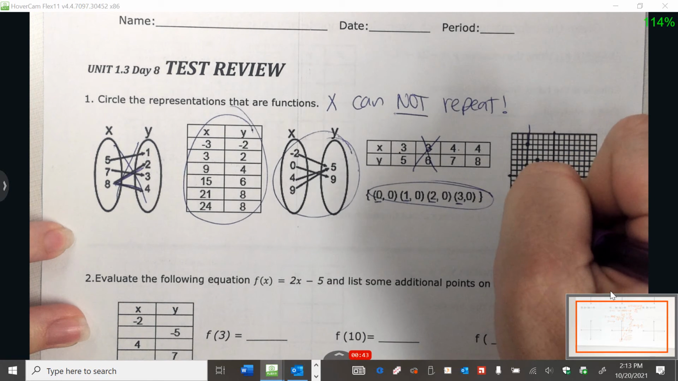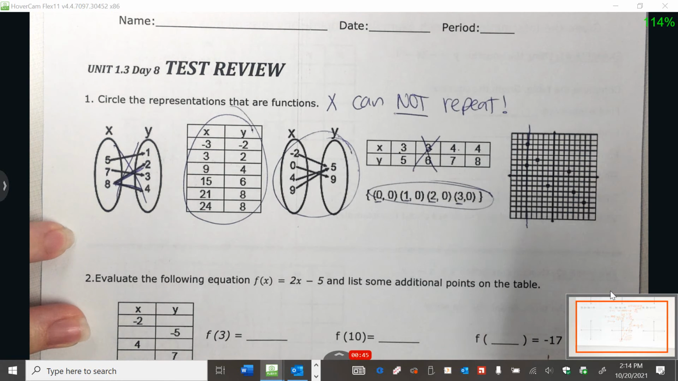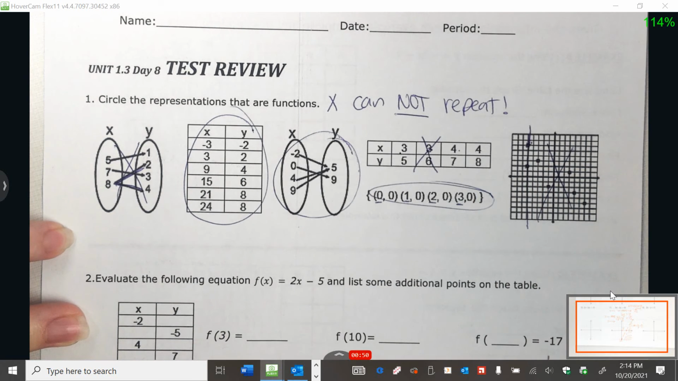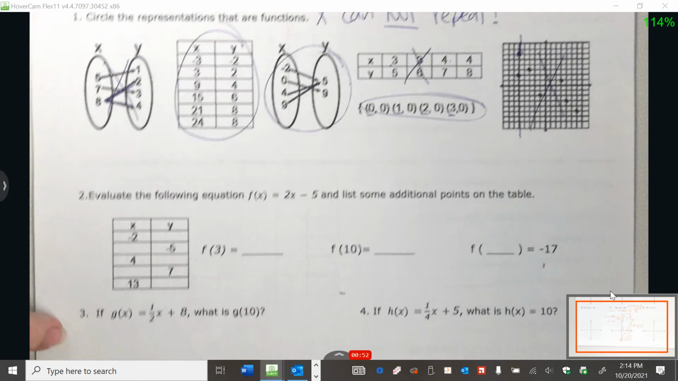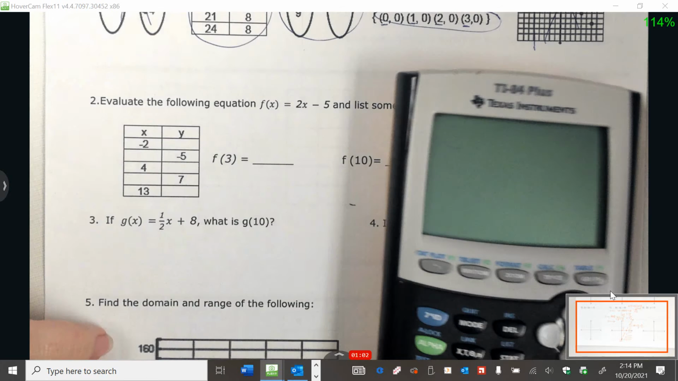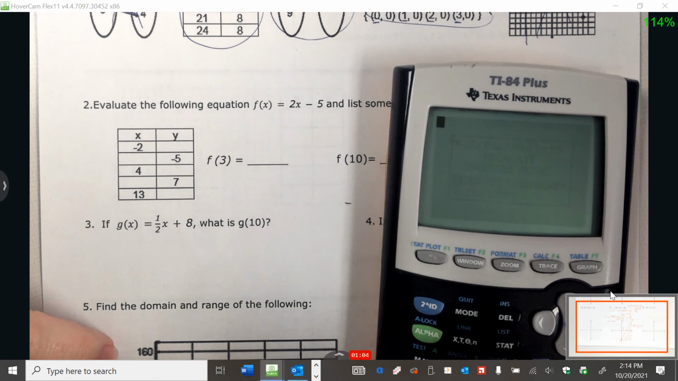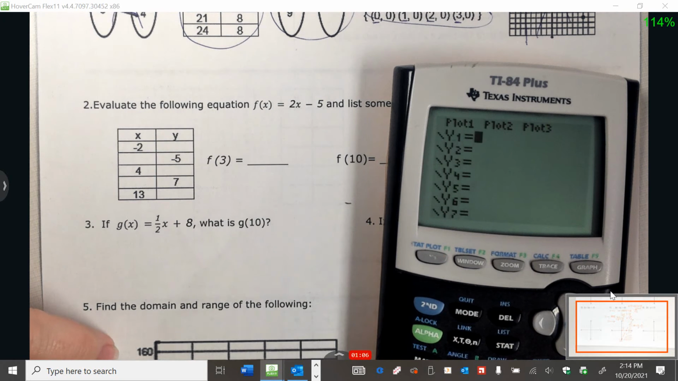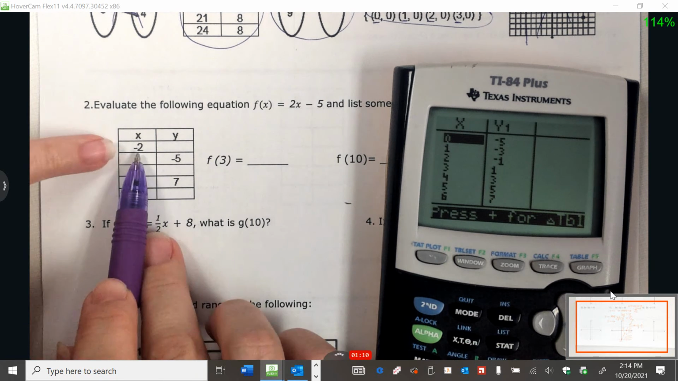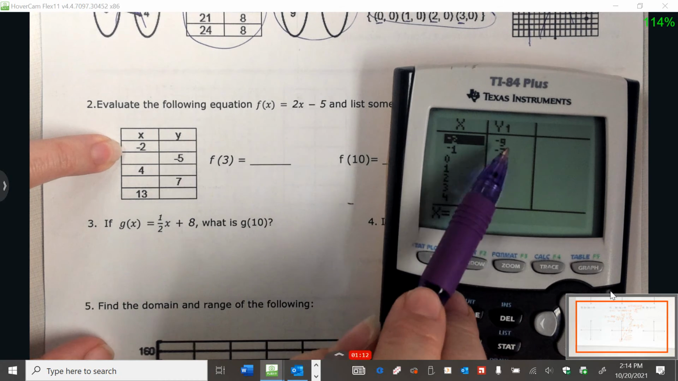Here we do the vertical line test, and just if I check those farthest left points right away, it touched twice, so it's not a function. Okay, if you look at number 2, it says evaluate the following equation, f of x equals 2x minus 5, and list some additional points on the table. Okay, so we're going to fill in everything we don't know, or that's not listed, by plugging our equation in, 2x minus 5. So I'm going to find where x is -2, y is -9,